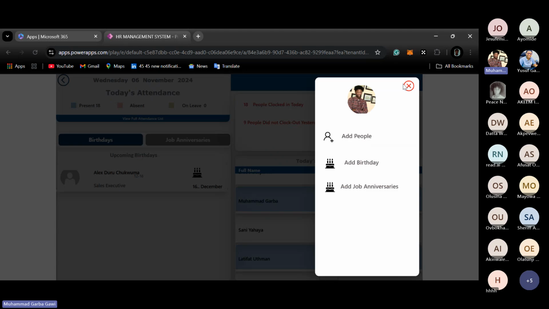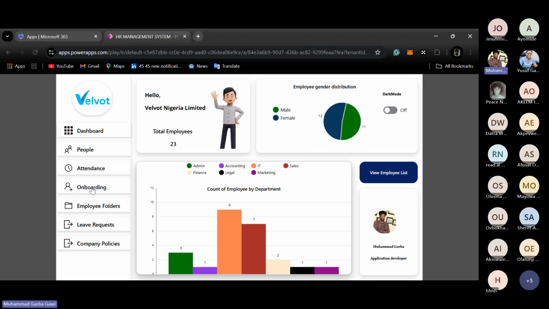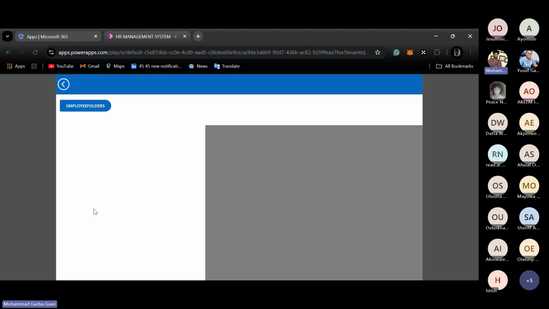And here we have an add new button where the HR will be able to add people, which is the employee onboarding. And then the HR can add birthdays for employees. They can create job anniversaries for the employees. So if we go back here, we have employee folders